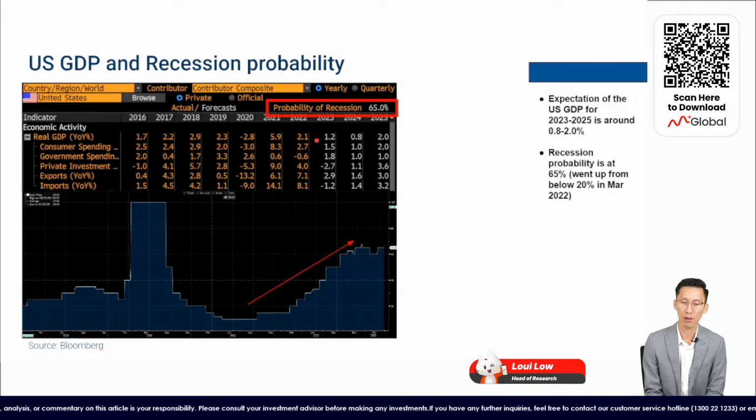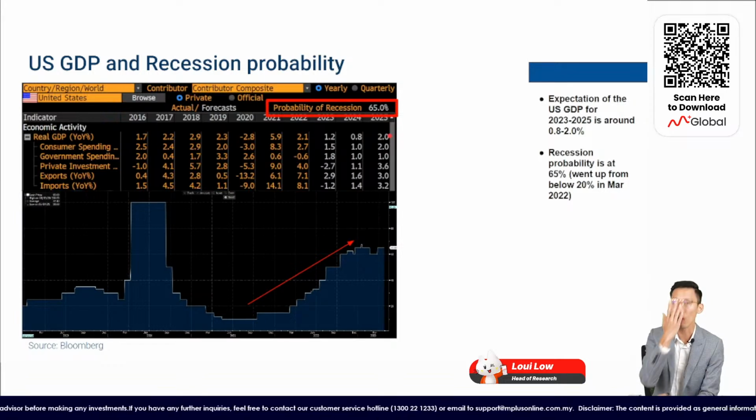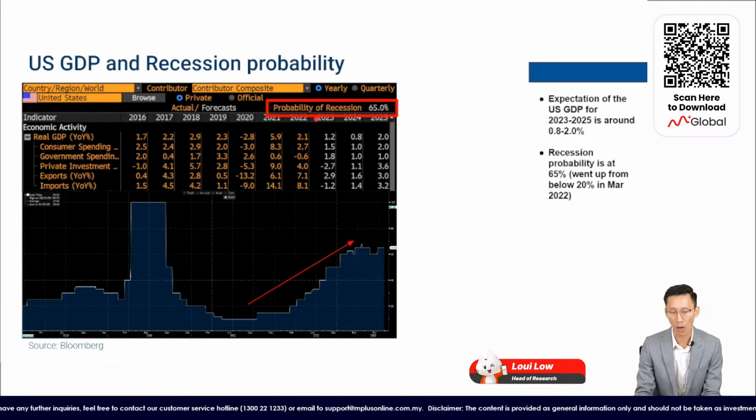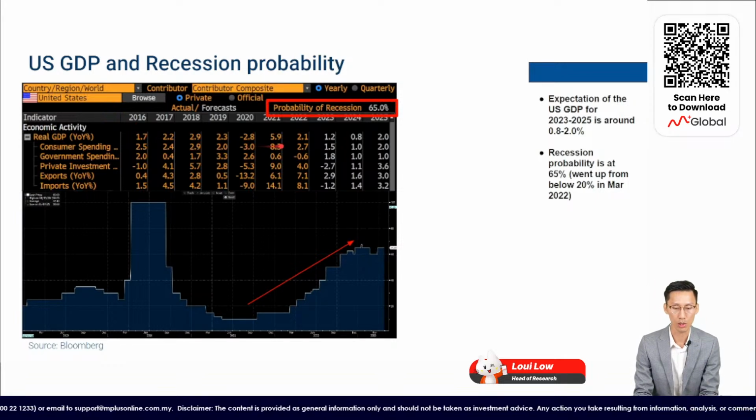And if you notice the consensus at this current moment, they are looking at growth of about 1.2% for 2023, 0.8% for 2024, and also 2% for 2025. But what I think about this is not too convincing for me to say that they are going into a strong growth going forward. Why do I say so? Because if you check from 2016 onwards, the lowest point is actually 1.7. So if you want to get 1.7, or you want to get 2.1,